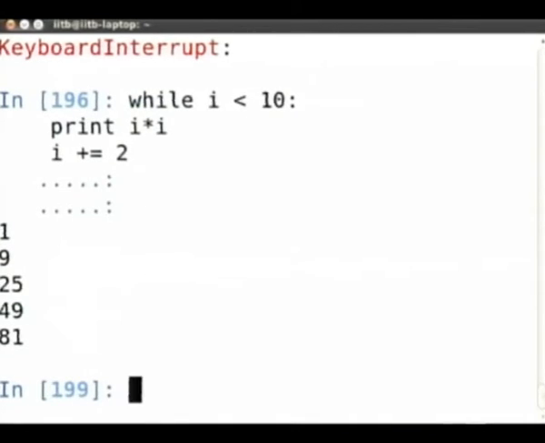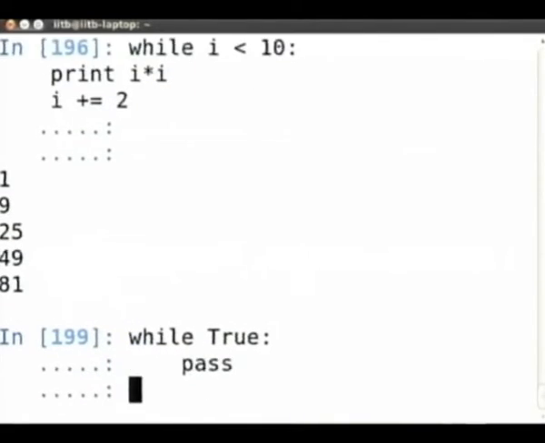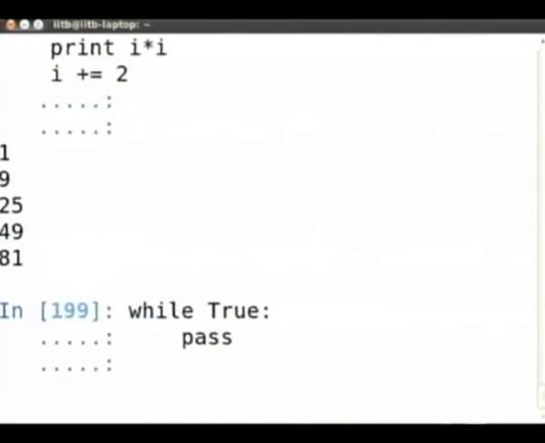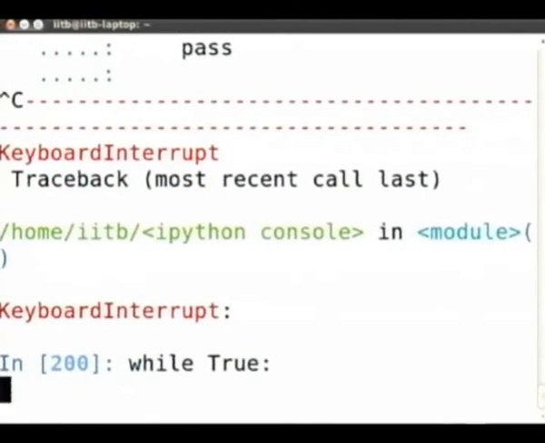Okay. So the basic syntax, let's switch to the slides, is while condition. Okay, this has to be a Boolean condition typically. Then a colon, very important. Anything inside this indented block is going to be run as long as this while loop condition is true. So if it's always true, so for example, I want an infinite loop, I can say while true, pass, gone. Control C will get out of it.